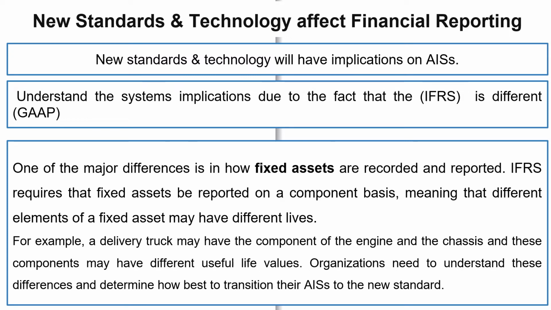For example, a delivery truck may have the components of the engine and the chassis, and these components may have different useful life values. Organizations need to understand these differences and determine how best to transition their accounting information system